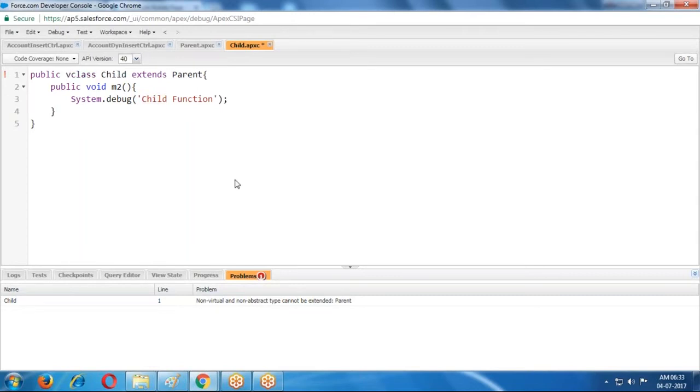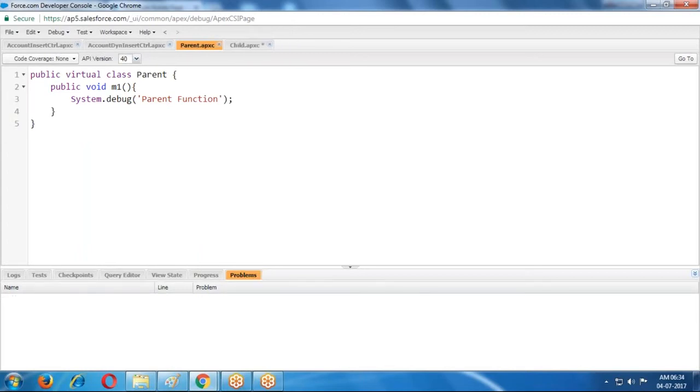Here, in the parent class, before the class, use the virtual keyword. Then only it is allowing. If we use the virtual keyword, then only it is allowed in the child classes.